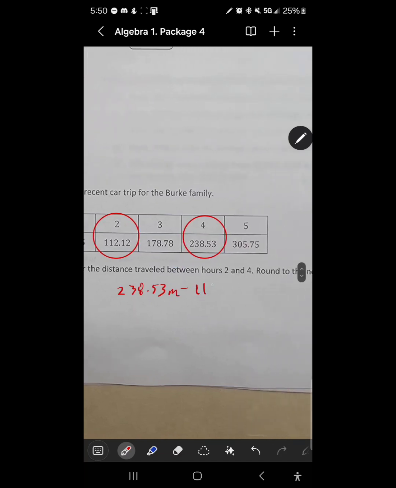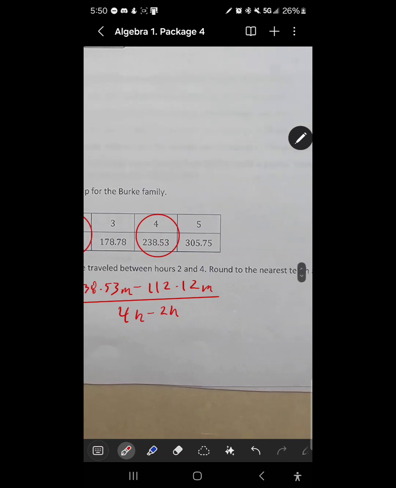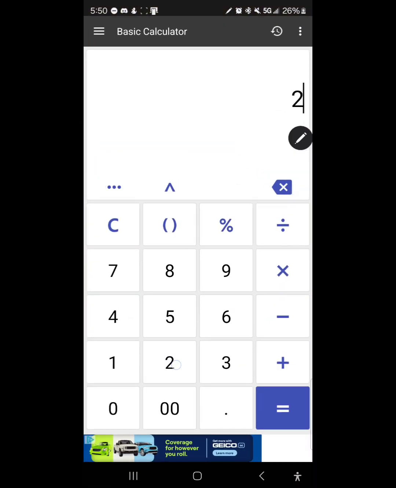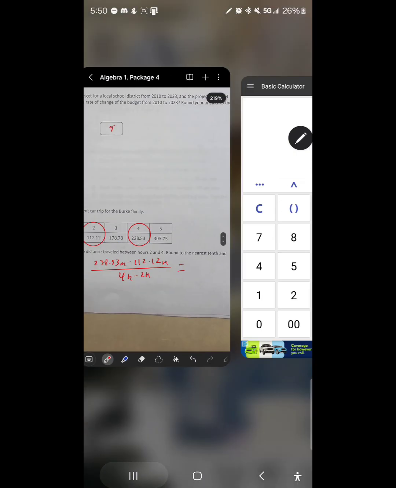minus 112.12 miles over 4 hours minus 2 hours. So we can use a calculator for this. We have 238.53 minus 112.12, and then 4 minus 2 is just 2, so we divide it by 2. So this is 63 point